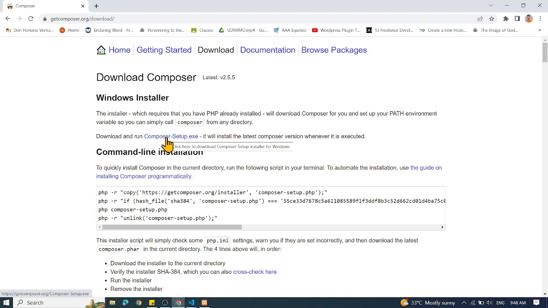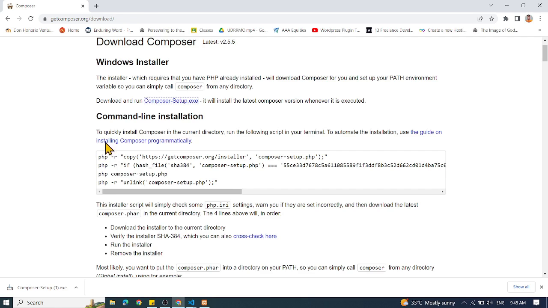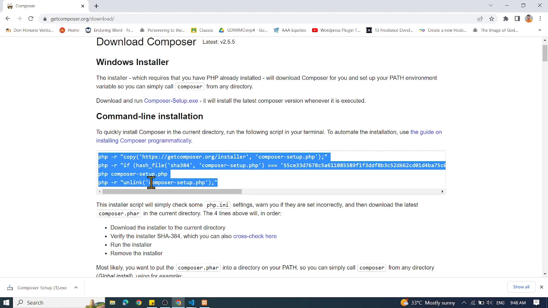You can click this one and then Composer will download the installation files. Okay, or you can use this command line, so we can install Composer programmatically. So we can use this. Let's copy this code and